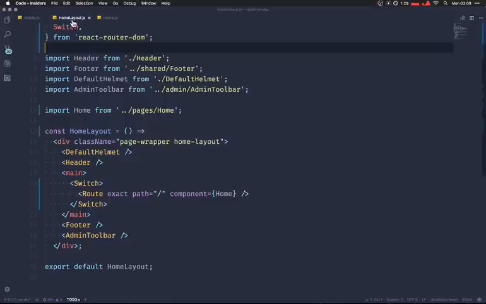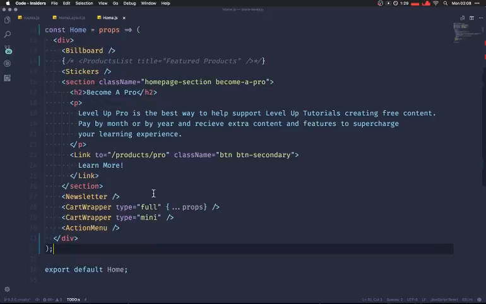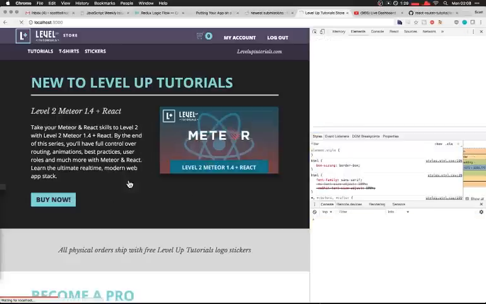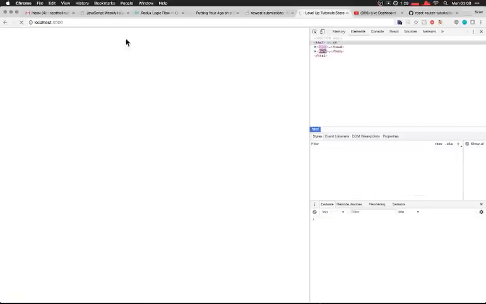Okay, so we have our home layout, we have our route, which loads up the home component. Inside of our home component, should be able to have everything working as expected. Hey, here we go. Here's the level up store. Looks like this